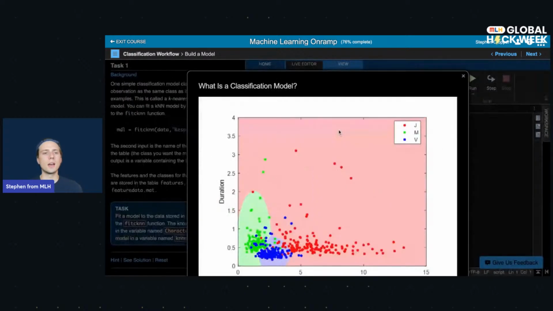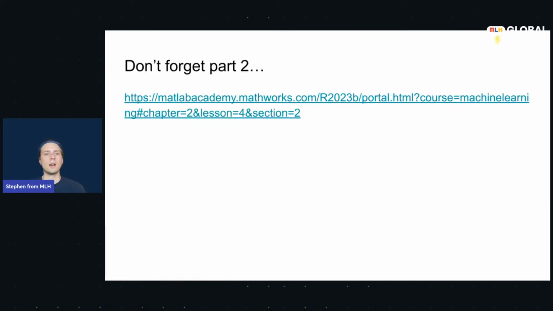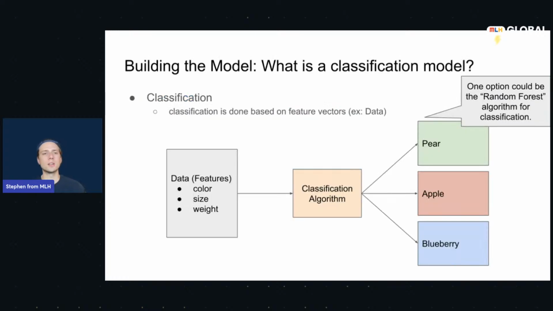And this is our build model section, and I want to actually move back to our slides because we just did feature extraction example, and I want to zoom out and go to building a model and talk a little bit more about what is a classification model before we get into this whole MATLAB and trying things out in code thing. So what a classification model is something that takes data, which we call features,